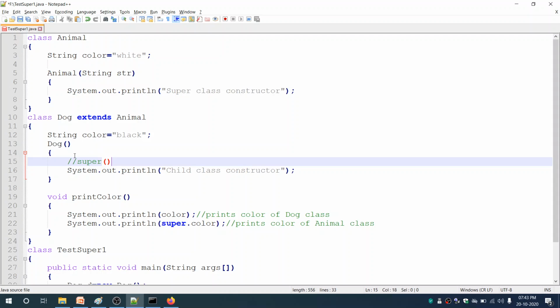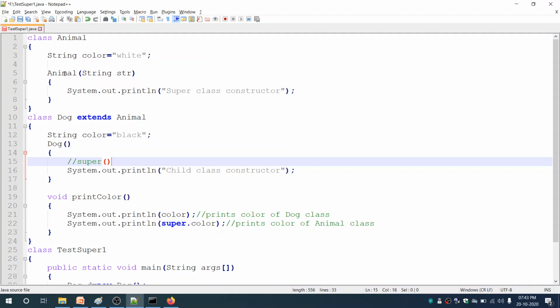We haven't actually called the superclass constructor, but the compiler automatically calls it from the child class, and it calls the default constructor which takes no arguments, but that constructor is not defined, so it generates an error message.